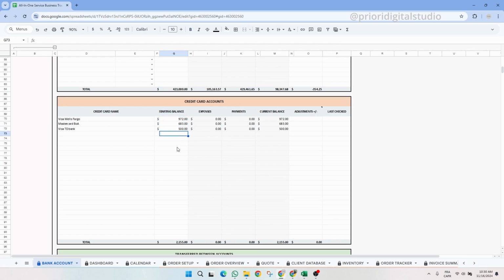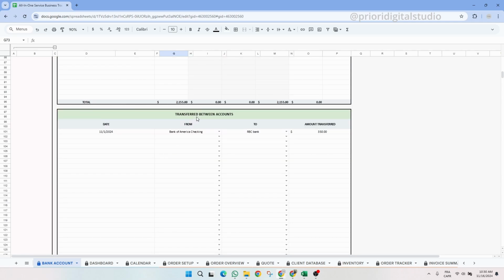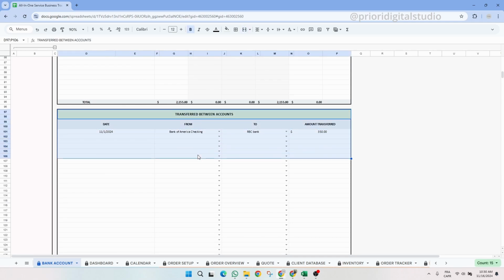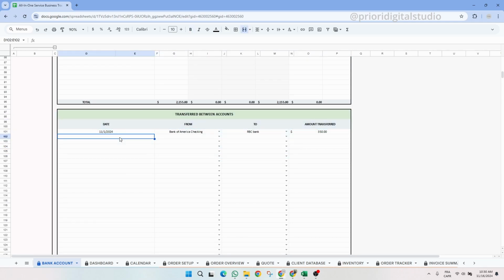If you scroll down, you will see a table where you can enter all the transfers between your accounts. Simply enter the date, the account from which you transferred, and the account receiving the money. Then don't forget to enter the actual amount. This table should be used especially when you transfer money between your accounts, withdraw cash, and when you do your